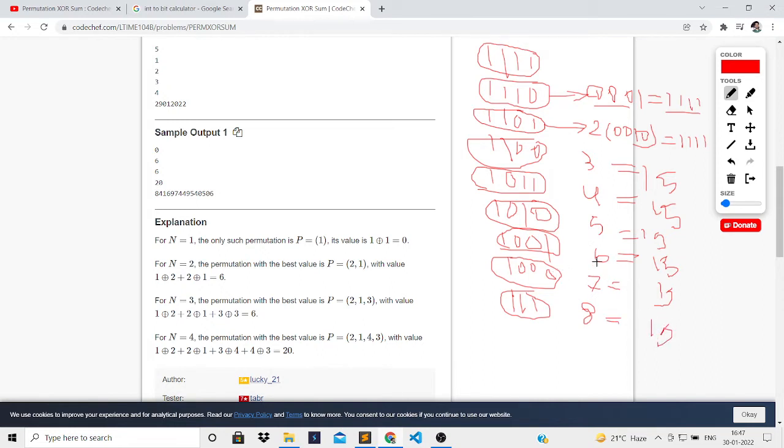So similarly, let's say for 6, now after 7, 6, for 6 we choose 15. For 5 we choose this element, which is 10. For 4 we choose 11. For 3 we choose 12. For 2 we choose 13, and for 1 we choose 14. And for 15 we choose 15,